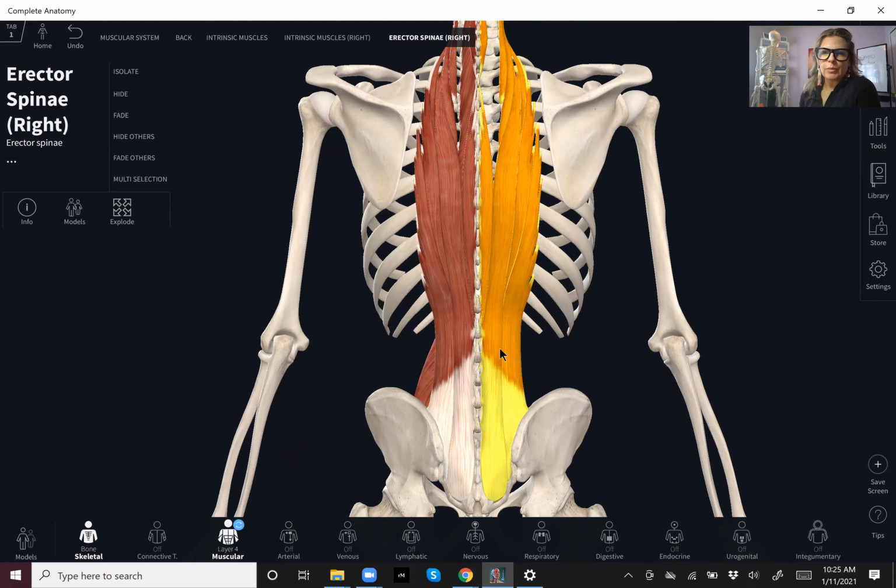And if we were to think about this working in opposition, what would actually lengthen the erector spinae? What would find more stretch through that? So if extension or back bends create contraction in a shortening sense, what would create a lengthening? So something opposite of that, right? So it would have this rounding forward. So things like cat,